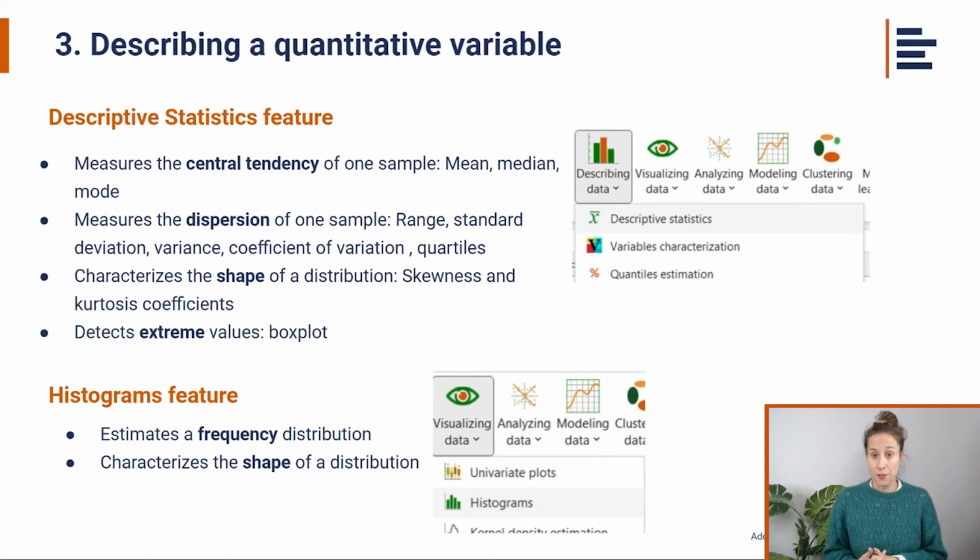Let's start with the first case, and that is the quantitative variable descriptive statistics. For this one, I'm going to use the descriptive statistics feature under the describing data menu. This feature will help me compute numerical descriptive statistics like mean, median, and mode to measure the central tendency, or